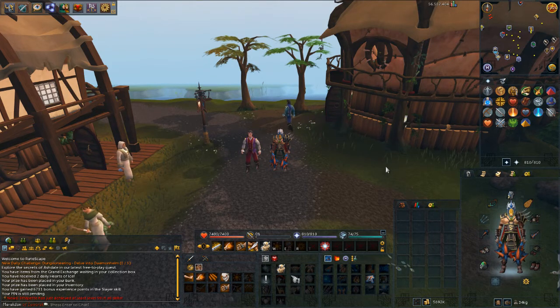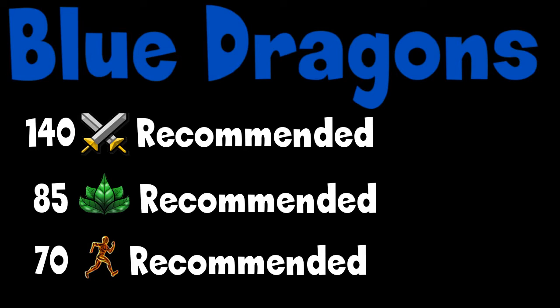So let's get started. Firstly, I have some recommendations for better money per hour. 140 combat. It's not really hard to get and you'll have some real trouble killing these if you don't have at least 70 plus in a combat stat of your choice. 85 Herblore is for the super anti-fires, but it's not required. I did this method without 85 Herblore and I got 1.7 mil per hour,